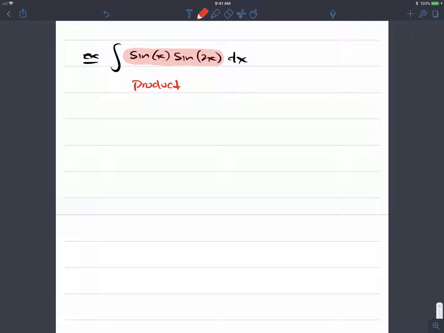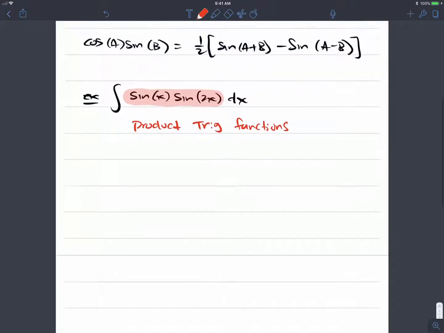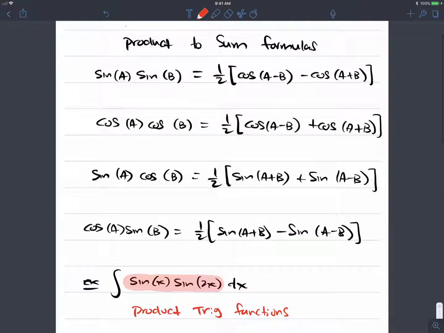And like we discussed in class, this is not going to be by integration by parts, which is another type of integration formula format that we use to integrate a product of functions. This is a product of two trig functions, and they are sine functions. Now, we're going to look at some examples here of how to do this. In order to integrate